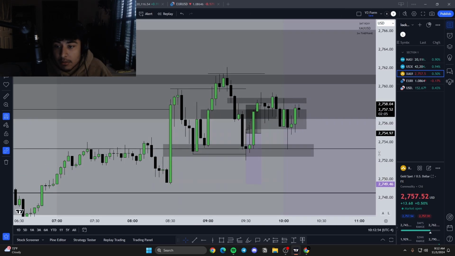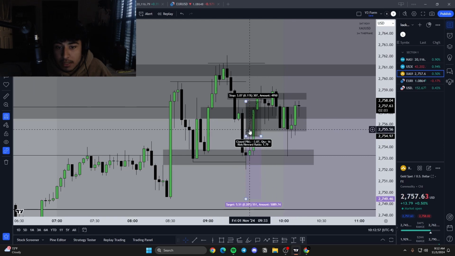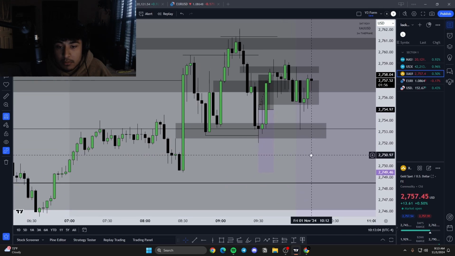And our entry was the 3-minute. So the 3-minute SIBI here, which we did retrace up into, and the inversion. So it was like a bearish BPR here. So yeah, we retraced up into it, we entered, and then eventually we started to move lower,